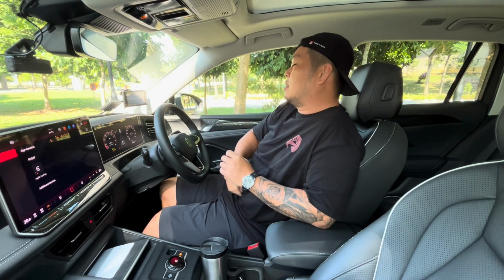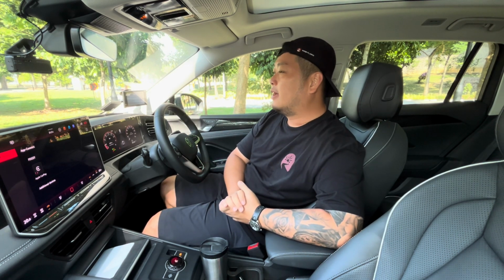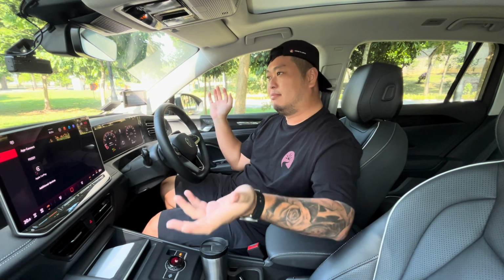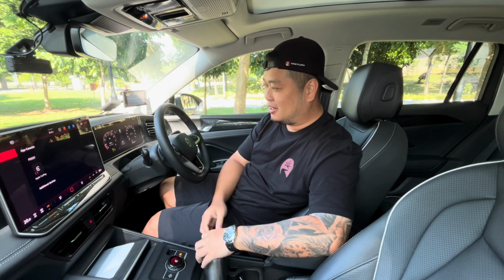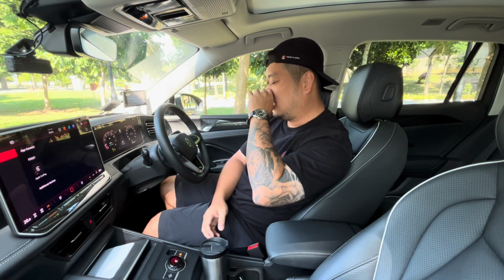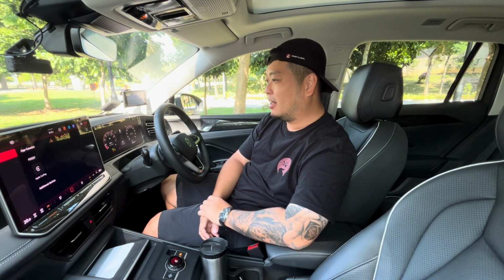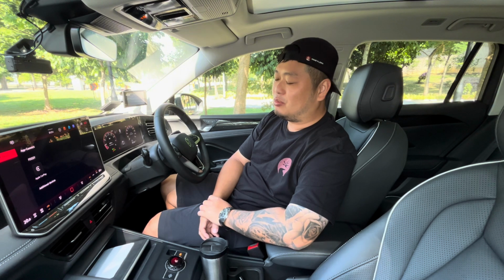Alright guys, welcome to the cabin of the Volkswagen Tiguan. This is the design of the newest generation of the Tiguan, and I think it's very noticeable what the biggest difference is, and that would be this 15-inch touchscreen here, which is the highlight of the new car. Do I think it's a little too big? Yes, kind of. In fact, it's a bit alarming, but I don't think consumers are going to complain that they've got more bang for buck in terms of the size